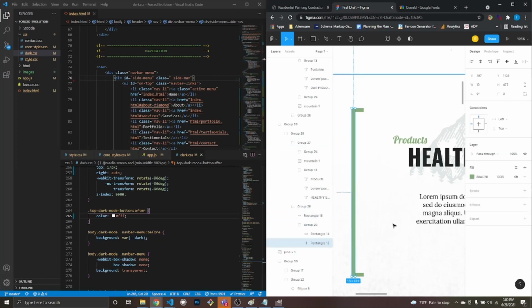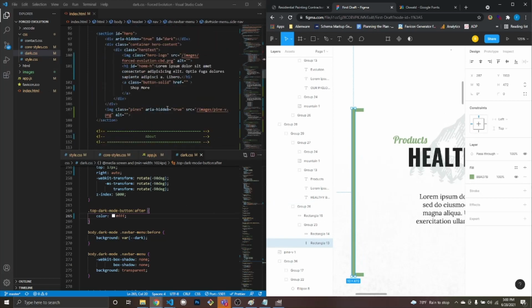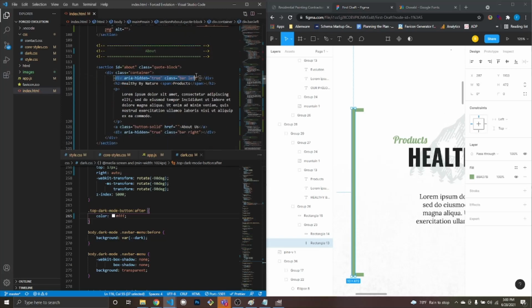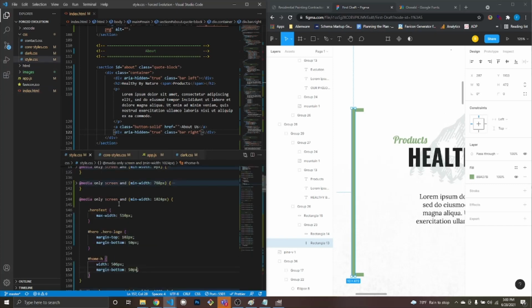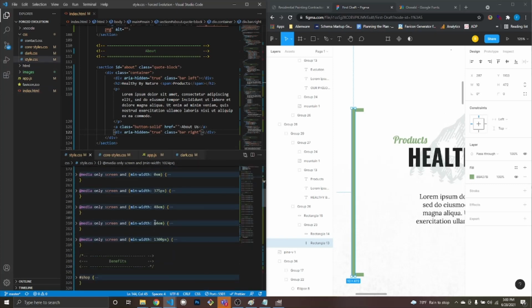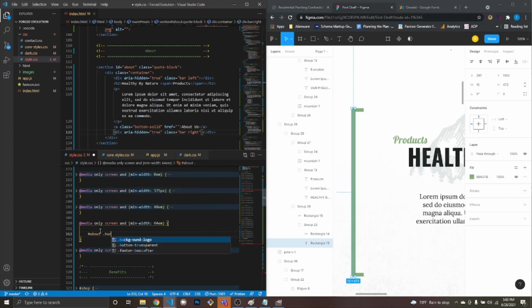Okay, so let's look at the landing here. We got, okay, there we go. We got bar and bar right. So we're going to target it with bar. Let's go back to our style. We're going to go to about 64M, which is 1024. We're going to do about dot bar